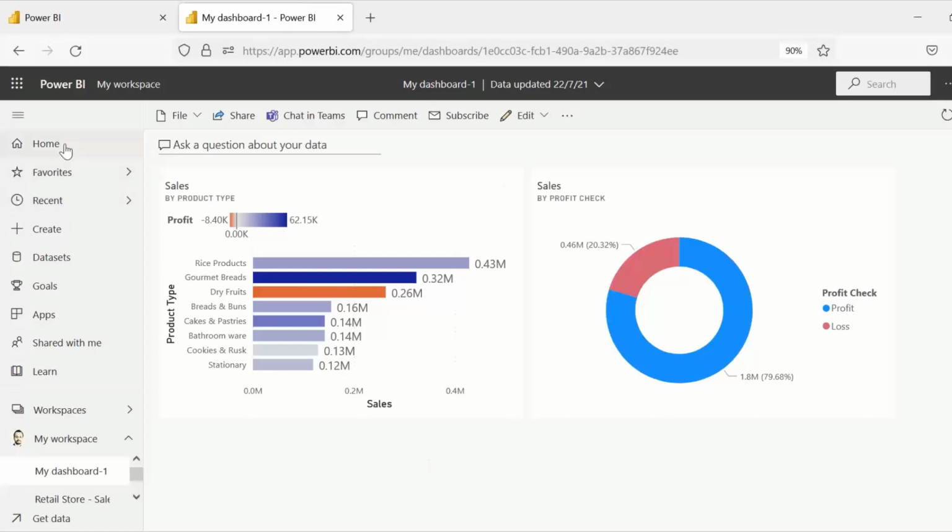And then you have the navigation pane where you can navigate to different places from here, right? I've also shown you how you can share the reports. There are many more things we do on Power BI service, but today we're just focusing on the basic stuff. Okay, so